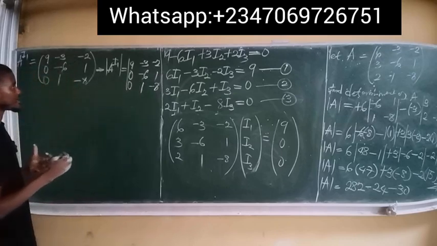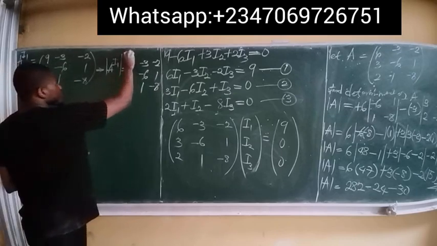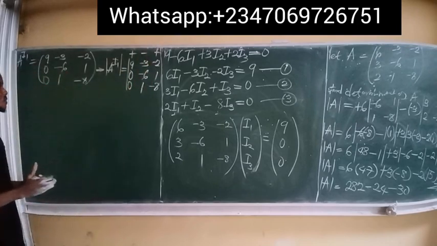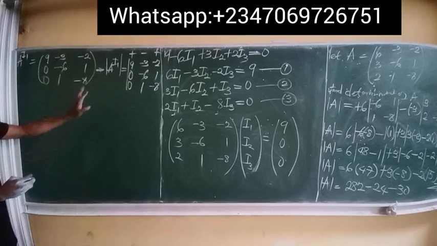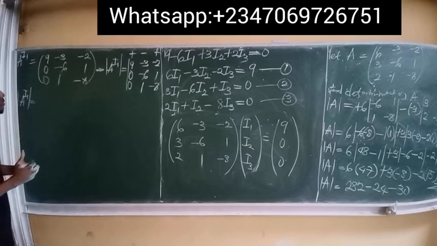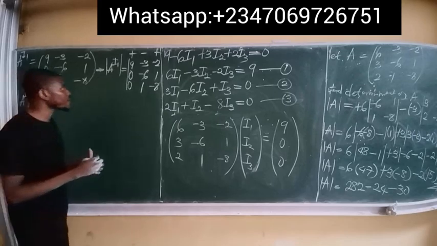So remember, in a determinant matrix, the first is always positive, this is negative, and this is positive. Okay, so we have to find the determinant of this matrix now. Therefore, determinant of matrix A_I1 is now equal to,